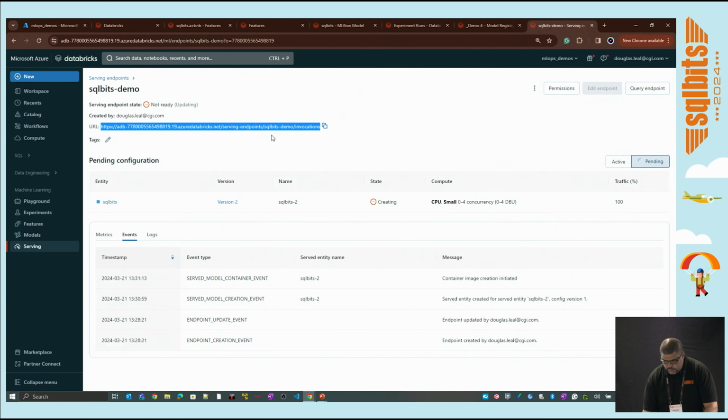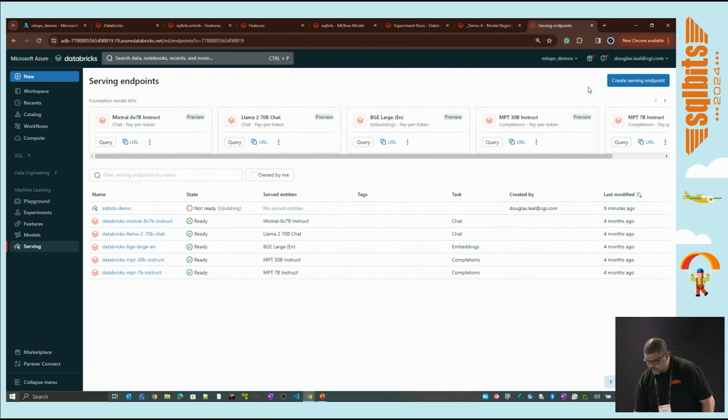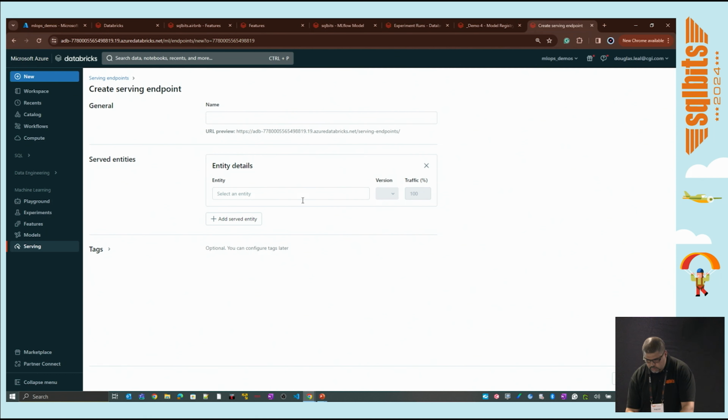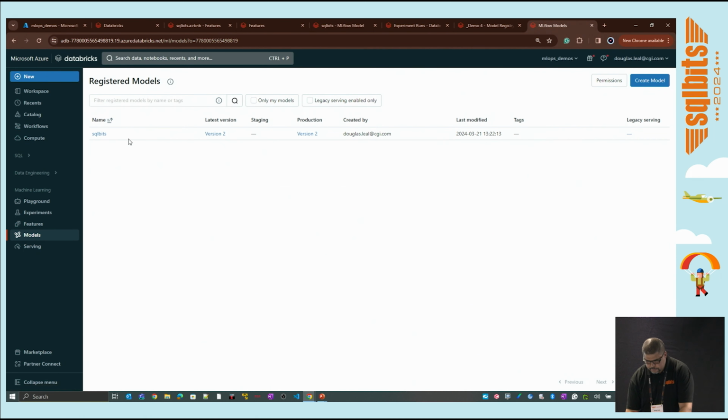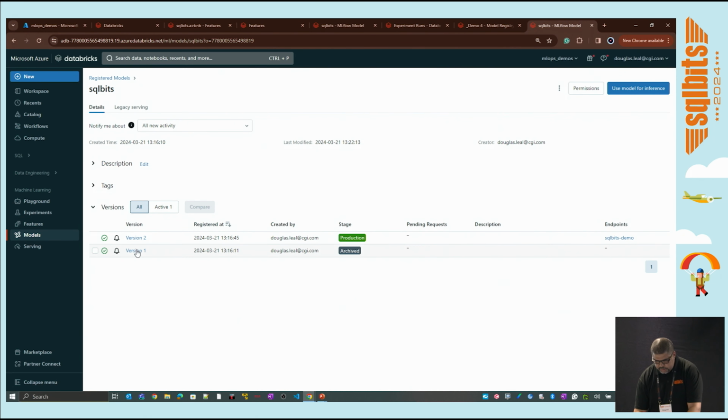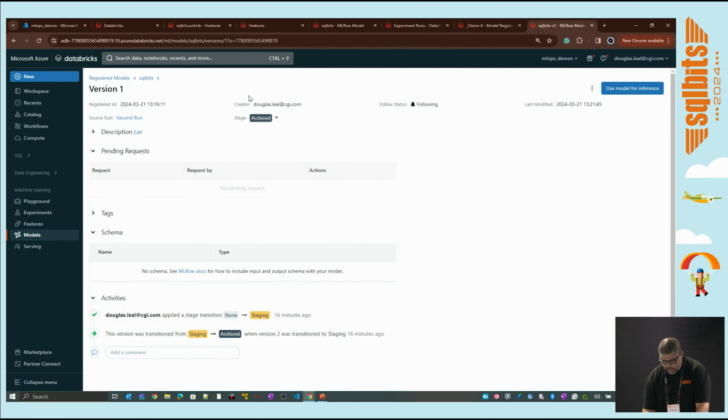So remember when we create this endpoint, this endpoint is for online use. I can call this endpoint online and get my predictions. However, I have another option. Let me go to models. I have an option here of creating a